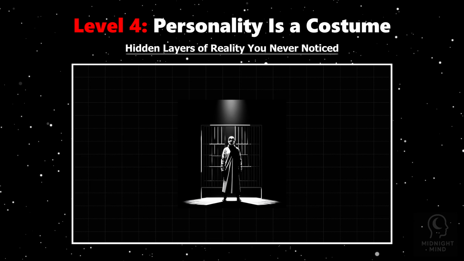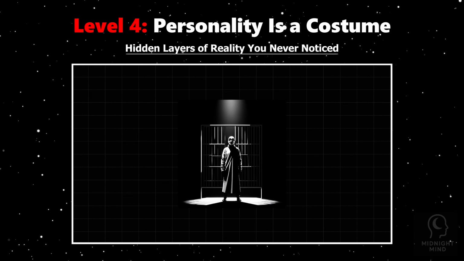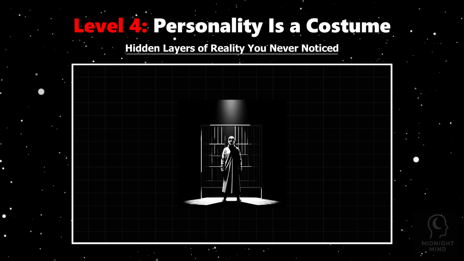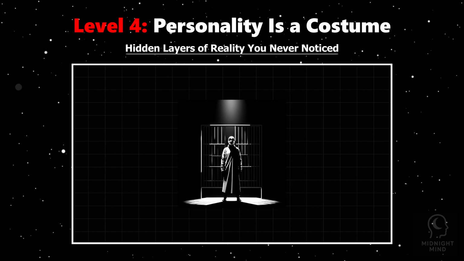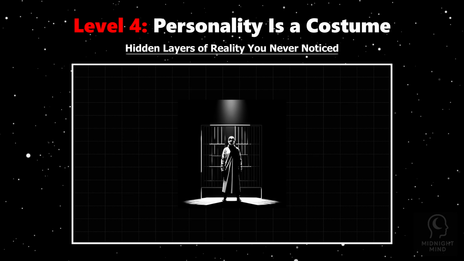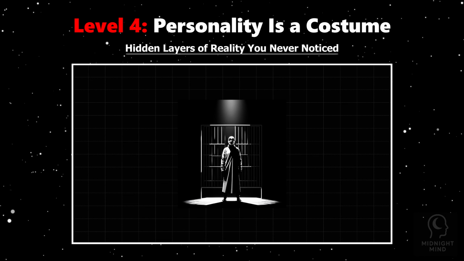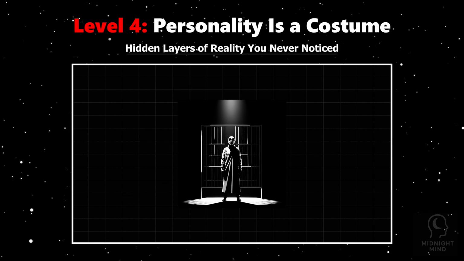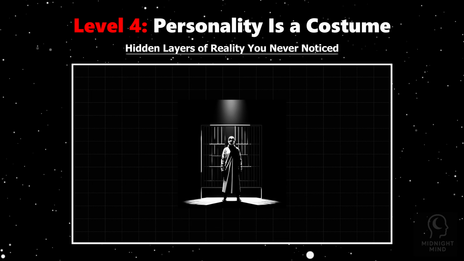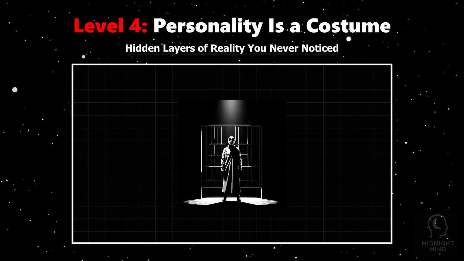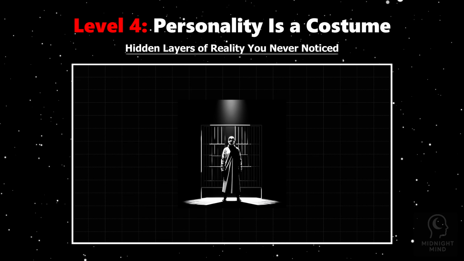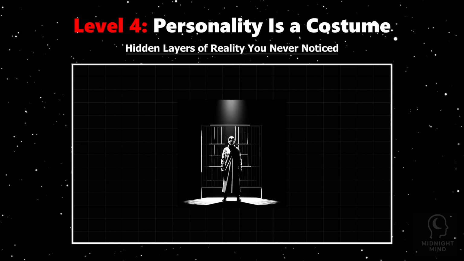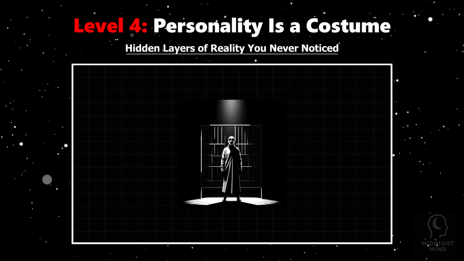Neuroscience tells us that our brain constantly adapts to external feedback, learning what behaviors gain acceptance or approval. From childhood, we mimic parents, peers, and society, internalizing gestures, speech patterns, and attitudes until they become second nature. But beneath this performance lies a quieter observer, your core self, often unnoticed and overshadowed by the roles you play. Psychological studies on identity reveal this hidden self is fluid, shifting with context, sometimes suppressed by social expectations.